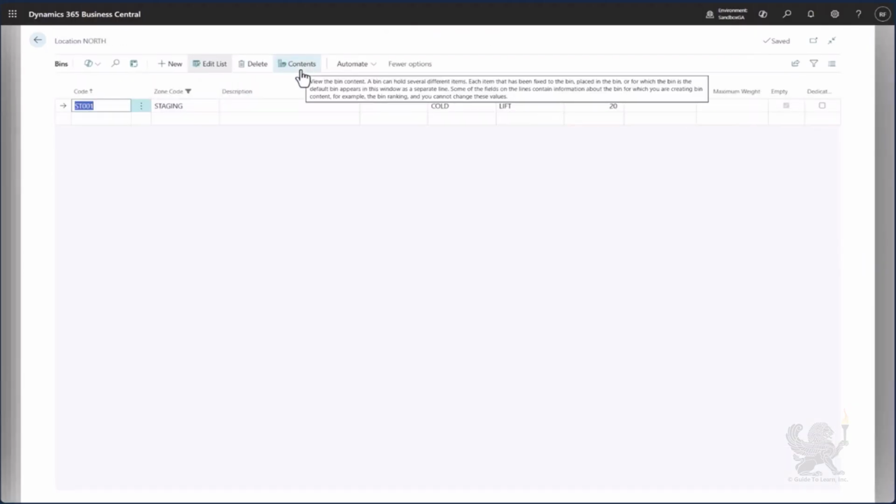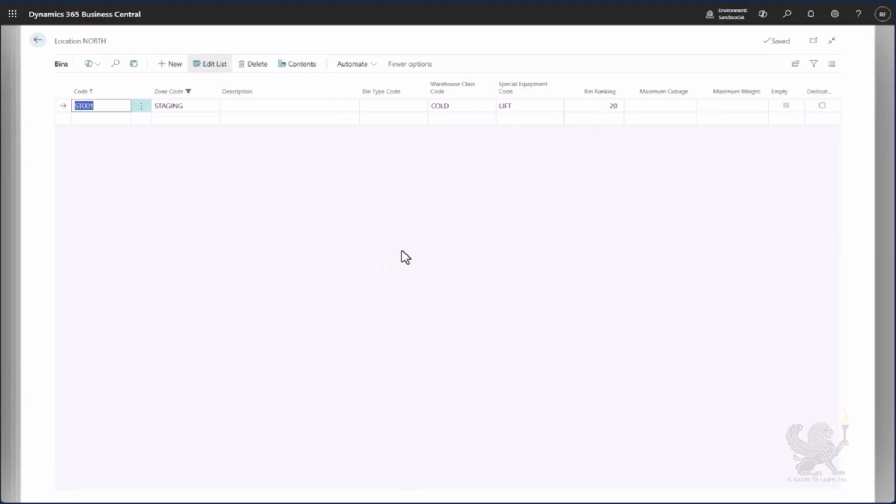The next important fields that can be very useful are maximum cubage and maximum weight. In Business Central we use these parameters when we are running bin replenishment to calculate whether we have enough storage or enough space in our bin. So let's say that if we put maximum cubage 800 and maximum weight 1000, BC will check this and use this to check the capacity of our bin. There is also a setup on the location card that we can set up. So if I go back to location,